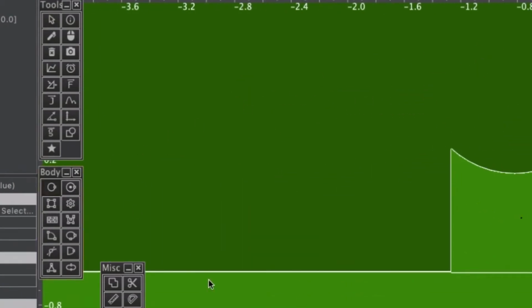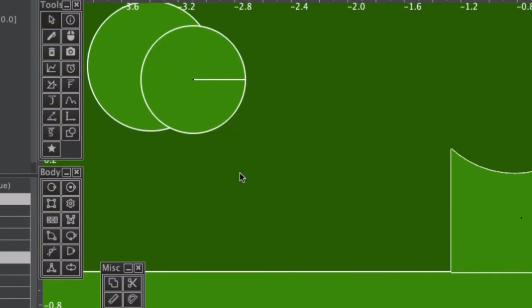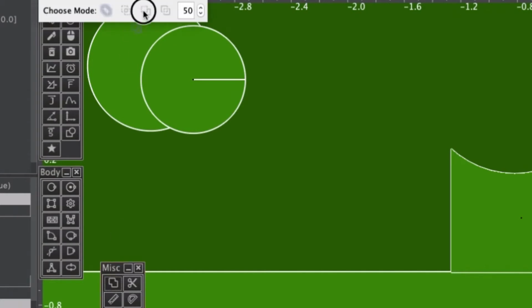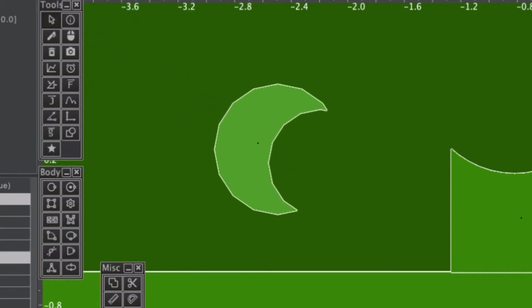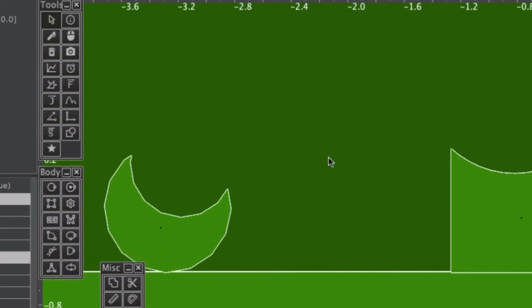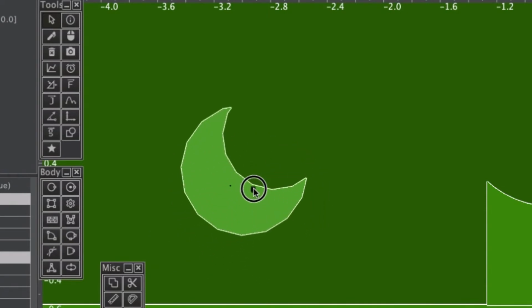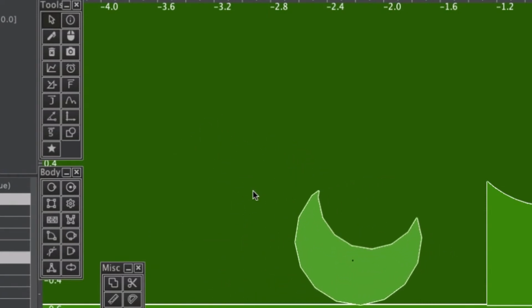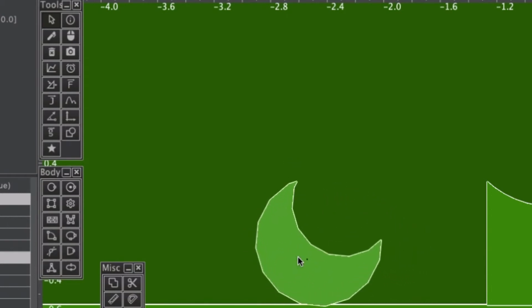You can change the fineness. For example, let me create another one. I'm creating the difference. And if I reduce the fineness, look at the shape. This is an approximated polygon. You can change the fineness as per your need, but just remember that it is not a closed smooth figure. It is just an approximated polygon.